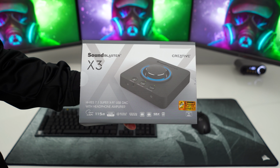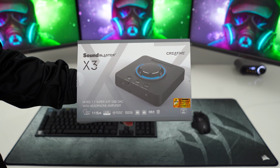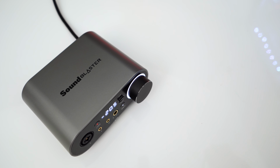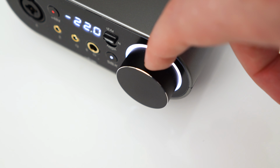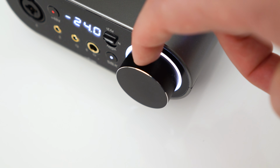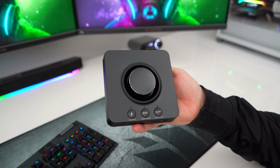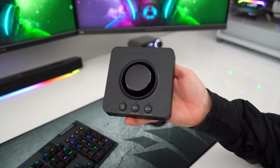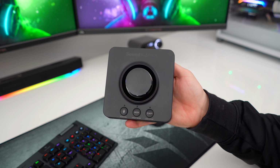My third Christmas idea will make a great present, the Sound Blaster X3 from Creative, a high-res 7.1 external USB DAC and amp. I have always used Creative products for my audio. Currently I'm using Creative's AE9, which is a bit more expensive, but I can also highly recommend it. With an MSRP of $119.99 and 109.99 UK pounds, you get an incredible external DAC featuring Creative's award-winning Super X-Fi technology, which uses